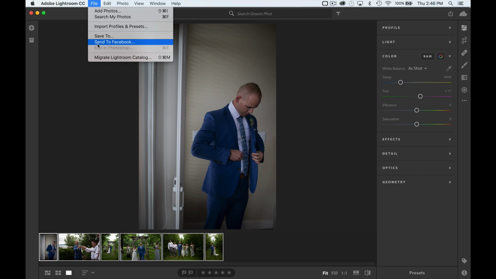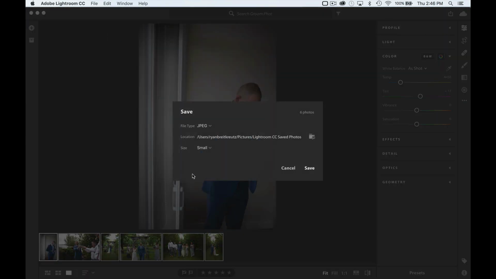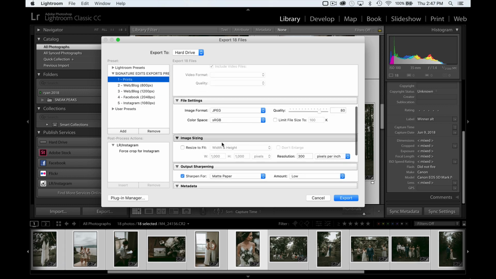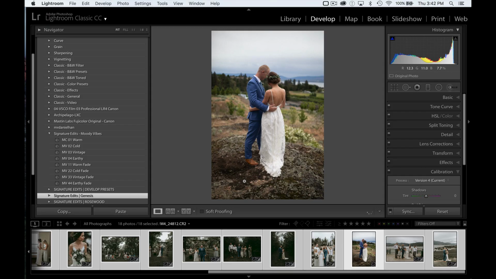Maybe send to Facebook or save to JPEG. Let's make it full size, or even custom. Let's go crazy. So you can see that the options there for exporting versus the options here are very, very limited. And finally, one of the most important features that I do not see in Lightroom CC as opposed to